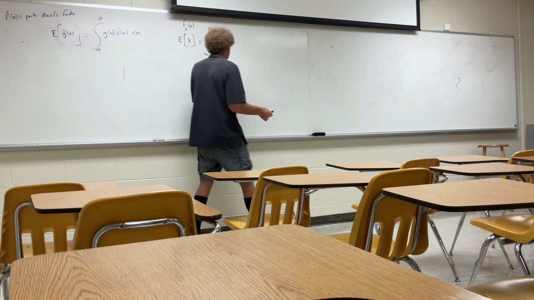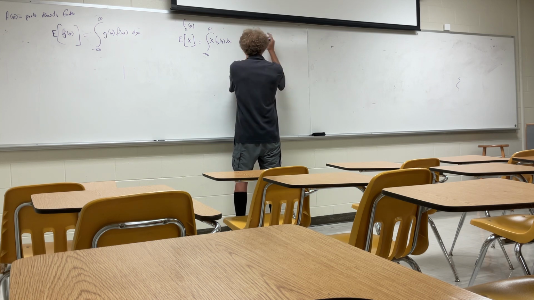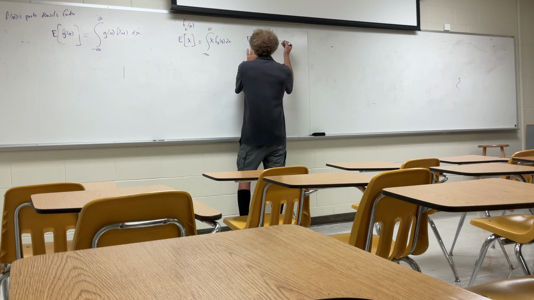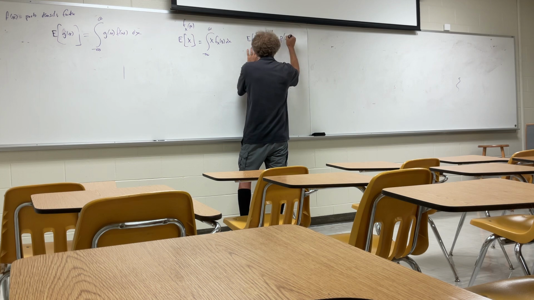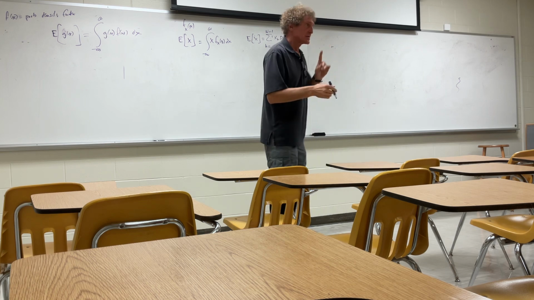If it's a probability mass function, then this expected value of x, and that's the random variable x, but it doesn't matter if you put that up there or not. Now that's going to be a summation, and it's really going to be over the values of x. So you might say from k equals whatever the lower limit is, I'll take it as 0, to n minus 1, where there's n different values. And then it would be x of k times the probability mass function of x of k. Y'all follow me?